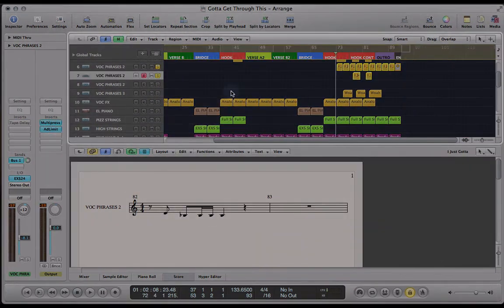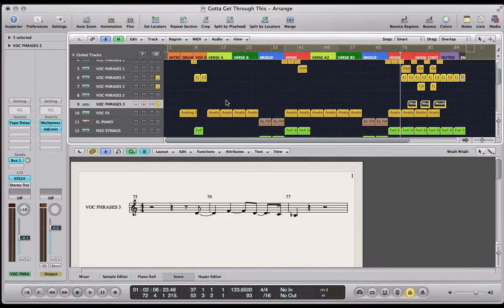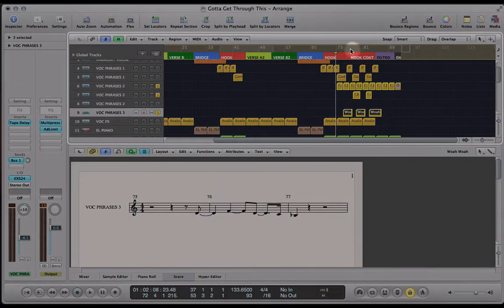Then the last one is this one, which doesn't come in anywhere until we get to the end. Then we get 3 of these. So starting at bar 75, let's turn the other ones off.